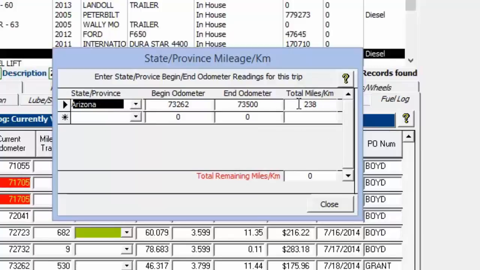So what I can do here is reduce this back down, so instead of having the whole thing be in Arizona, we could say we went say 100 miles in Arizona, and that'll automatically adjust this ending odometer down, and we see we have 138 miles left to go. So I could